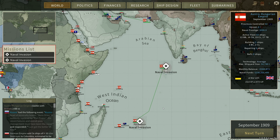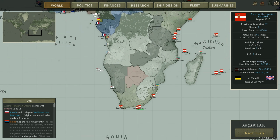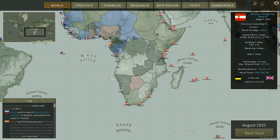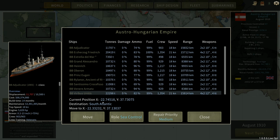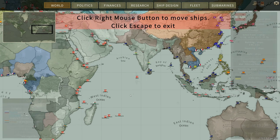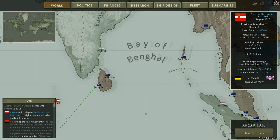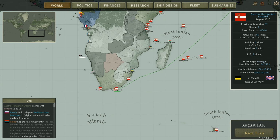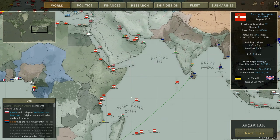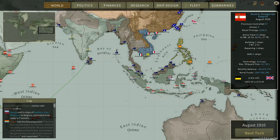Because there's no sign of the Royal Navy trying to stop us doing any of this. Okay, we have taken South Africa. That's a pretty big pickup for us. I'm now going to move the ships over to Ceylon, because I think we can take that pretty easily. We might be able to take the Andaman Island. It took a while, because this was a 6-month invasion and I needed all the ships to do it. But we've cleared up this. Yeah, if we take this and this,